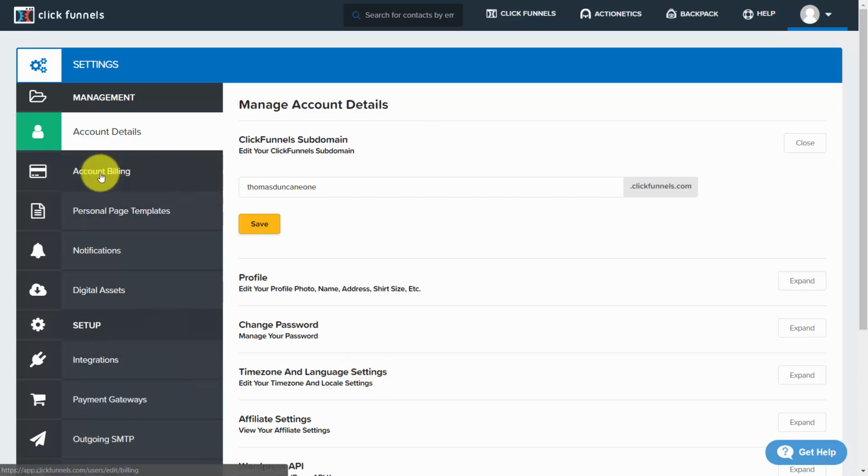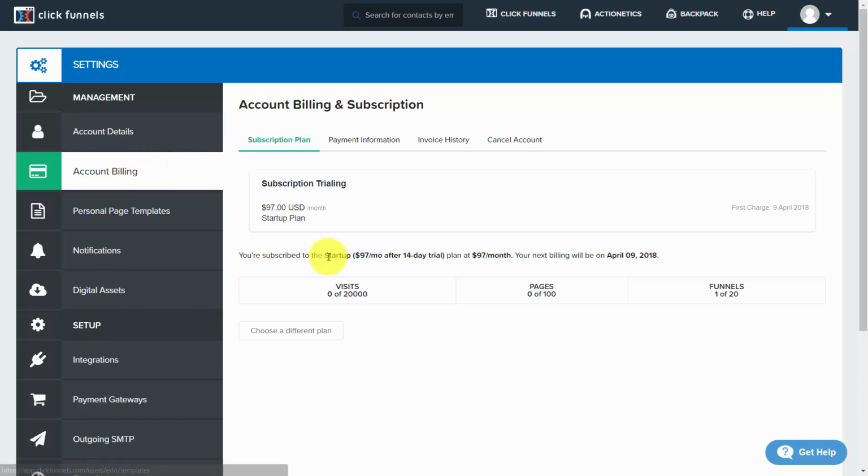Now, if you want to track your billing information, you can do it from this part of your dashboard. You'll click Account Billing, and then you'll be able to see which plan you're going to be on. You'll also be able to see your payment information and any invoices that you have had through